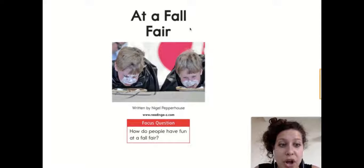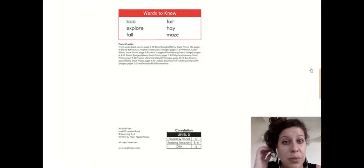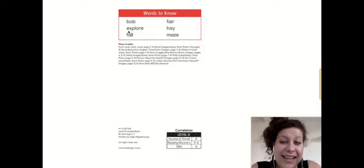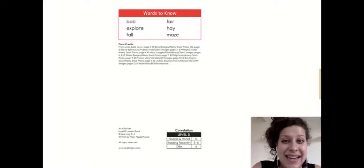At a Fall Fair. Some tricky words to know in this story are bob, fair. I don't know this word. I'm going to use the first letter. I'm looking and it's E. I'm thinking E makes E. So I'm going to say